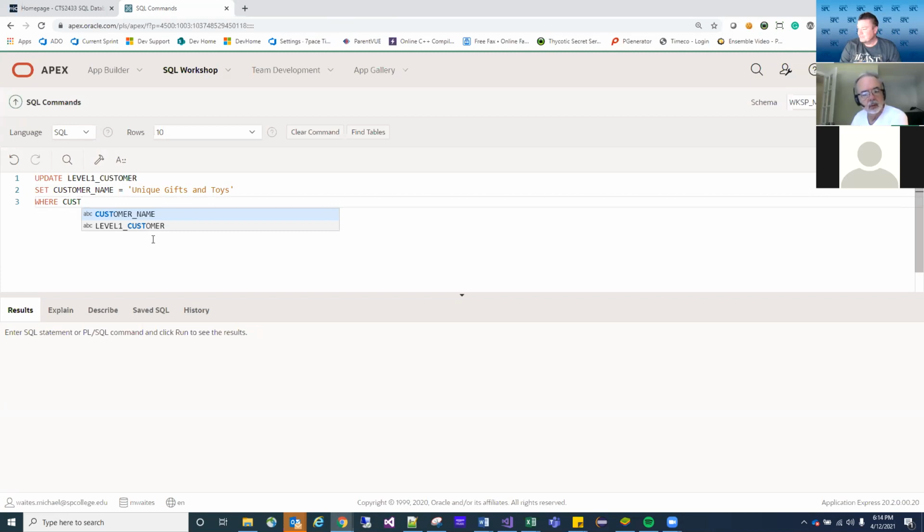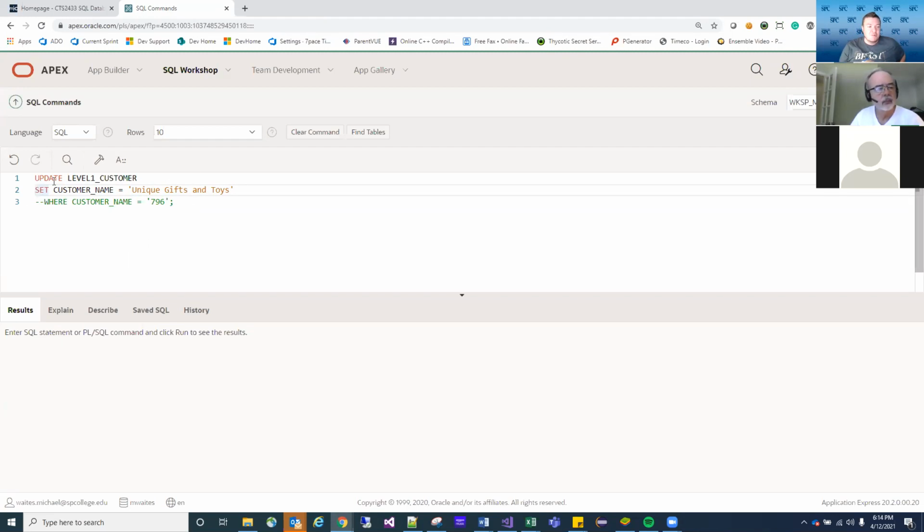Customer name. The reason why I wanted to take a moment and talk about this is this where clause in this query is significantly important. If we were to comment this line out, so all we have is update and set, nothing different's going to happen when we hit run versus the full query. So doing just these 2 lines versus the 3 lines, nothing different's going to happen when we hit run,